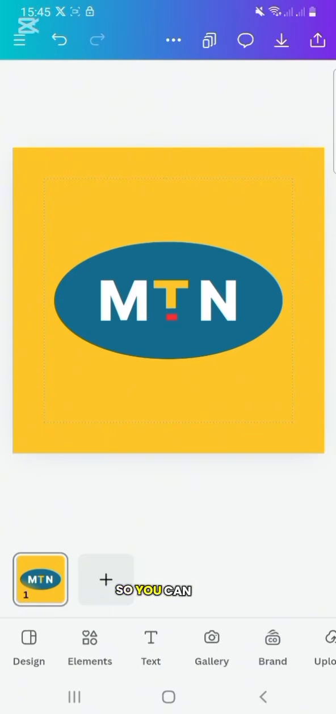So you can see how awesome our MTN logo has come out. You can see that it's looking good already. It already takes a lot of shape. So this is it, guys, and I want you all to